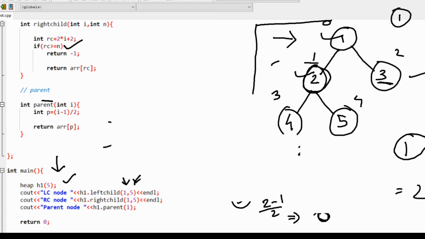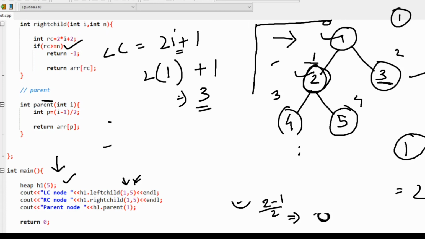Using the formula left child equals 2i plus 1, where i is the index value, the index value is 1, which we are passing as a parameter. So 2i plus 1 is 3. So index 3 will be the left child, and the right child will be 2 into 1 plus 2, which is 4. So index 4 is the right child. So basically 4 and 5 will be the left and right child.